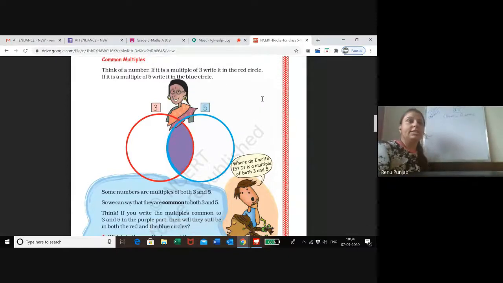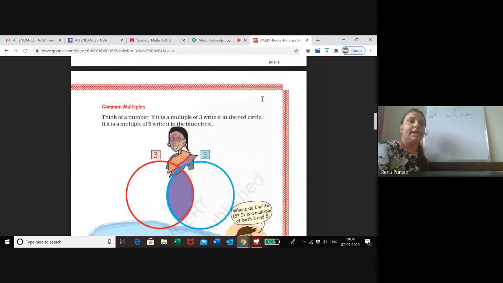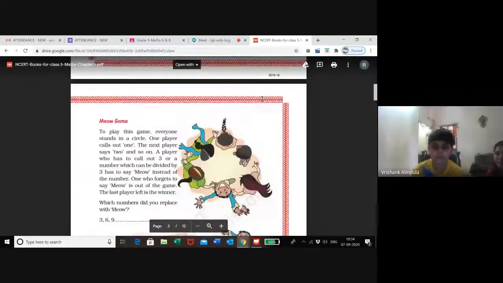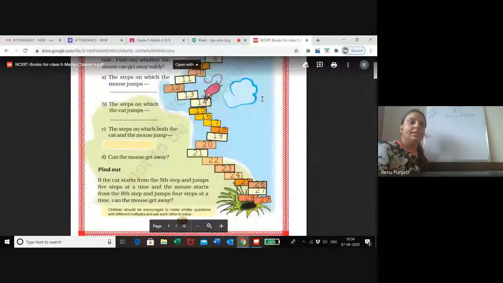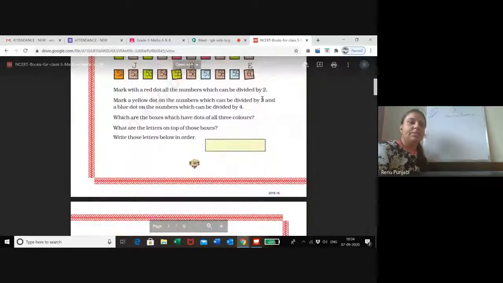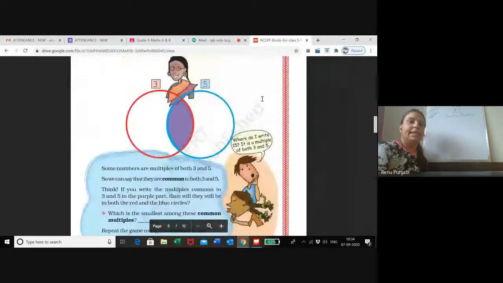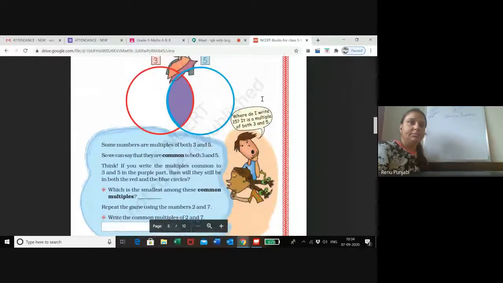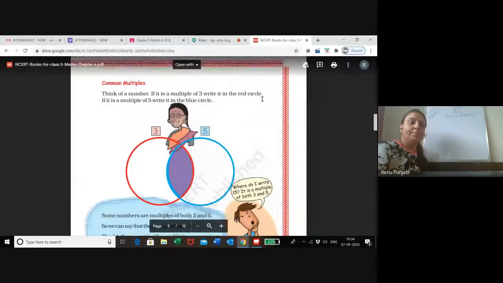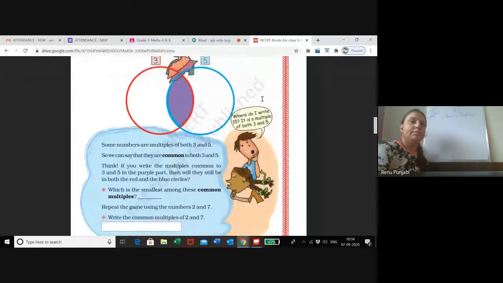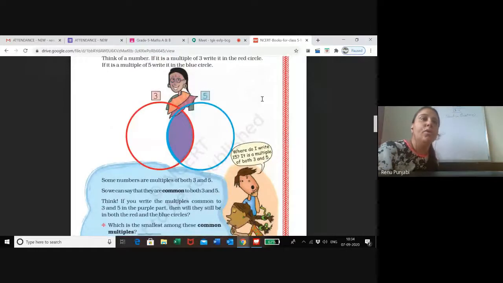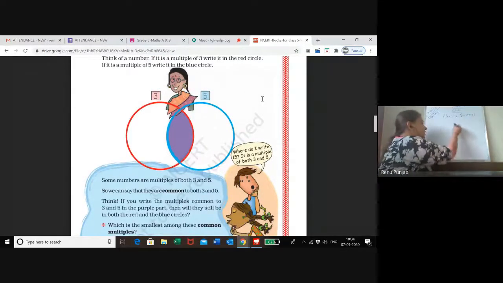Okay. So this is the page number. Before that, we have done these pages. These pages are already done and discussed in the class. So now we are going to do page number 91. Those who have their books, please pin my board screen because I'm going to do these sums on the board. There are two circles you can see in your textbook.